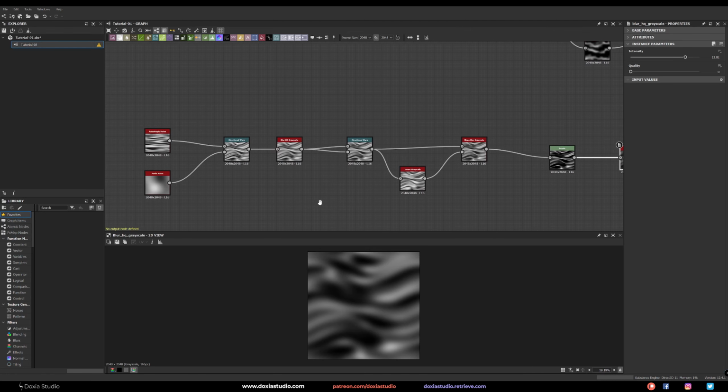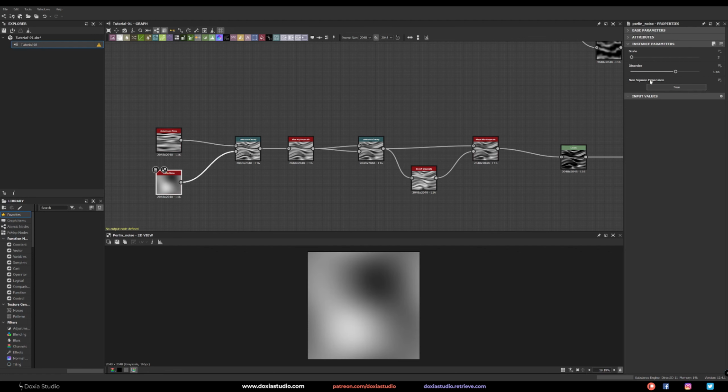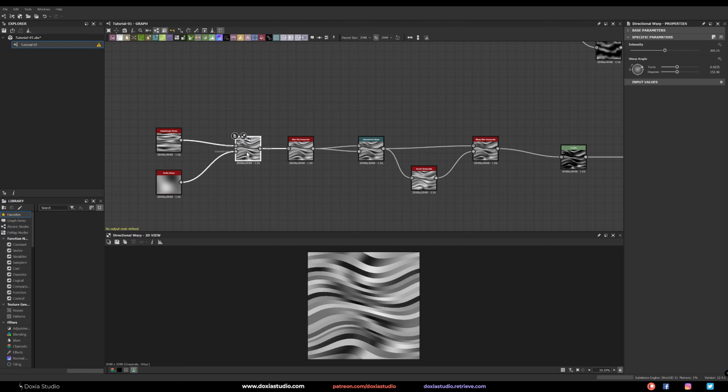And again, it's really basic. I have this TV noise with 3 and 24, and Perlin noise with a really small scale, so I could warp. Again, as you see, it's the same principle, getting different shapes, different textures. That's why I love Substance Designer. It's just a little difference. For example, here on intensity, it will create a really different image at the end.